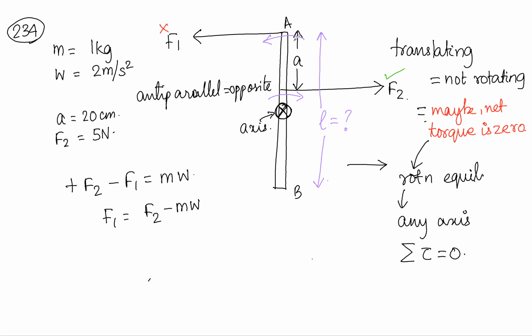So you can say that in this case, plus F2. So I'm taking the rightward direction as positive. Plus, what is the distance? The half of the rod is L by 2. So you have to remove A from that. So that is L by 2 minus A. We want to find out L, by the way. So L by 2 minus A into F2. And F1 is going the other way. So minus. And what is the distance from the axis to F1? That total distance is half of the rod. So that's L by 2. So L by,